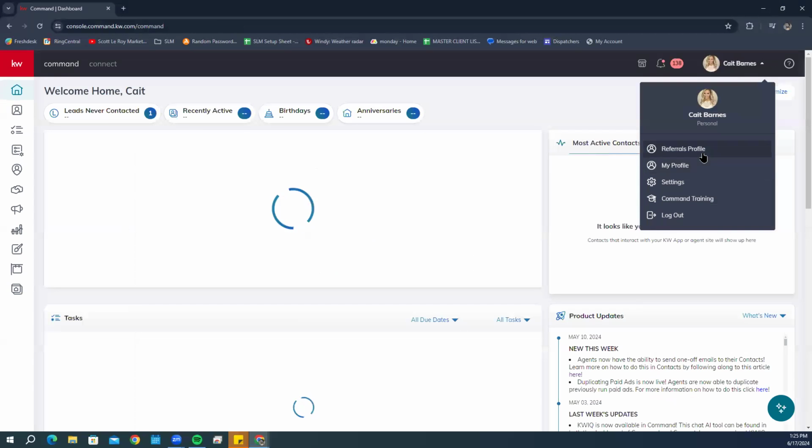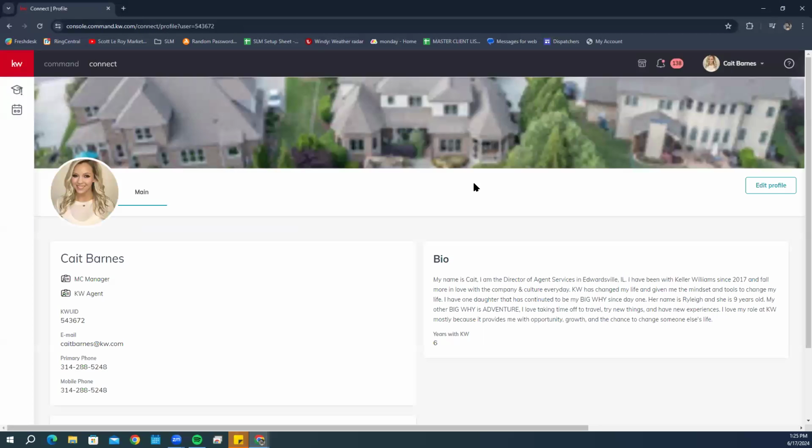Go back to it under your referrals profile that you do have to update through the referrals profile here. So the marketing profile does not update it everywhere. It only updates it on your website and your app there,